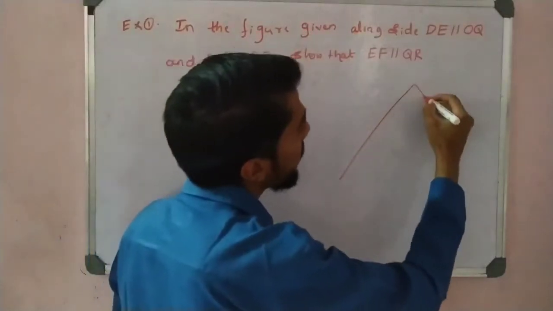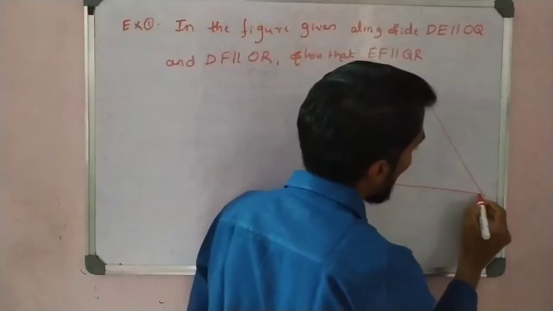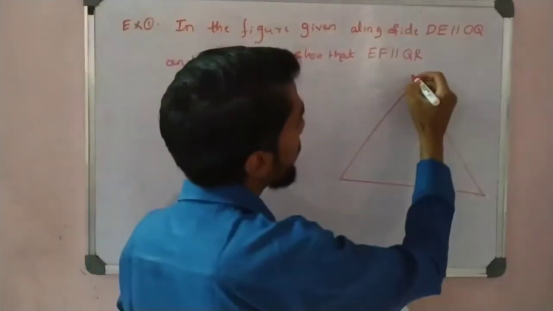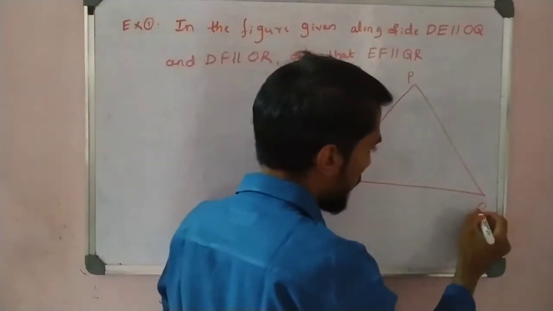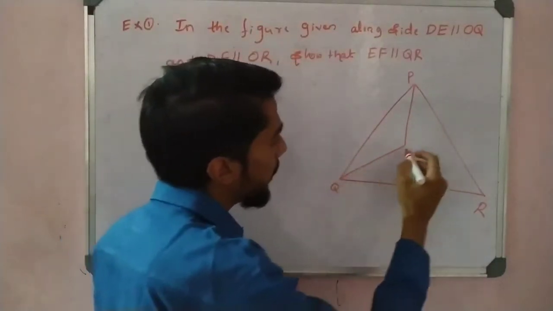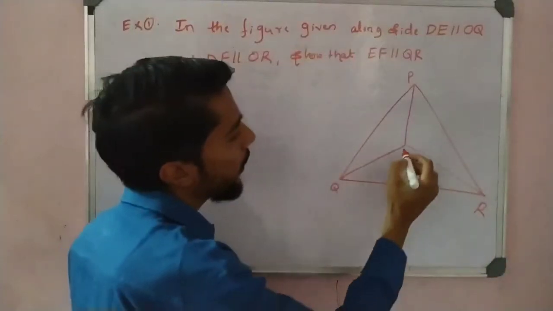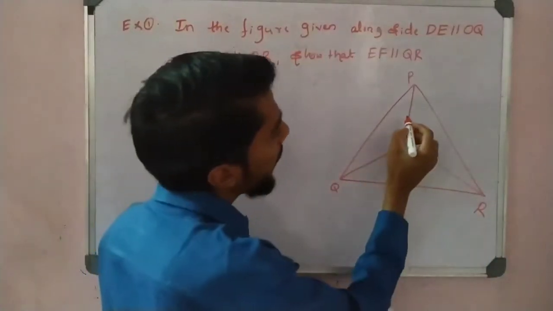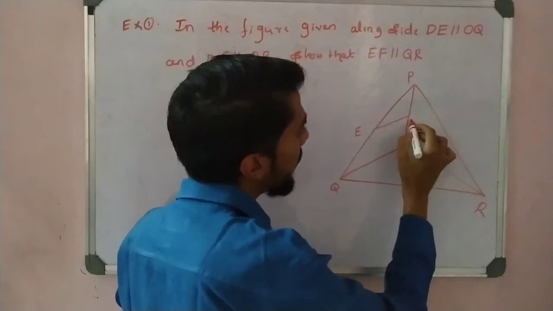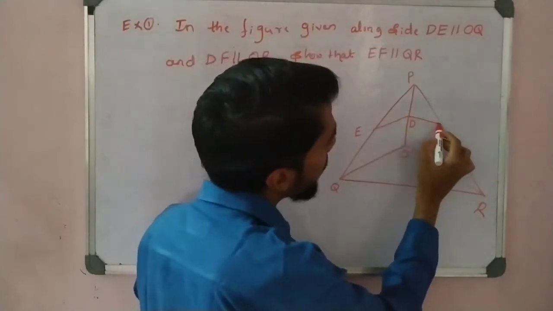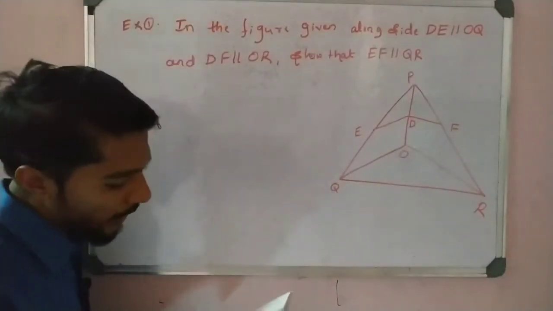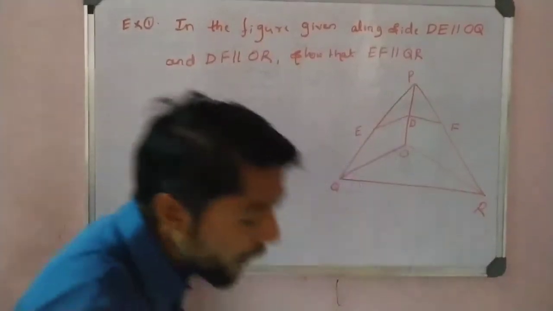One triangle is there, and the triangle name is PQR, as they given. Here one line is there that joins OR and OQ and makes a point O here. After that, a parallel is drawn, that is DE, and with DE another parallel is drawn, that is DF. Means by using D, one line on the left side, one line on the right side. This is the given diagram. Now observe the diagram, you will understand the question.